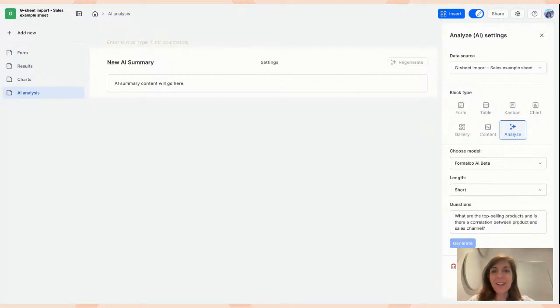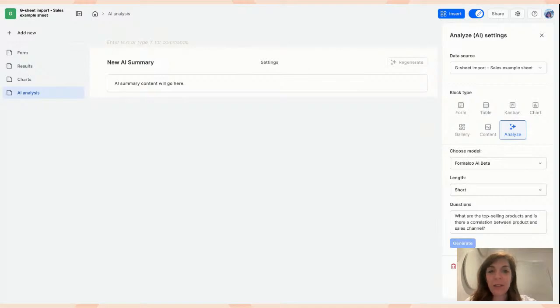So this AI analytics helps you both segment your audience, understand them, and it gives you lots of insights. Feel free to ask any kind of question here about your data, the fields you have, and anything you want. So it could take a while to analyze the information. So while it's analyzing, you can change your tab if you want, because the analysis is being done in the background.